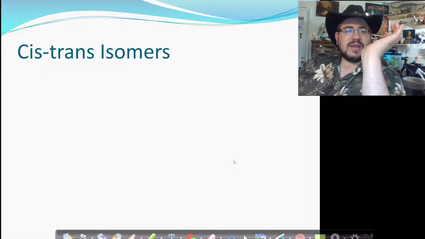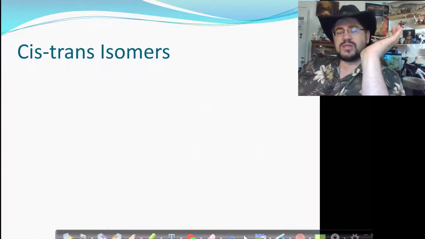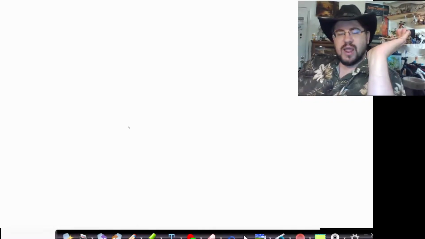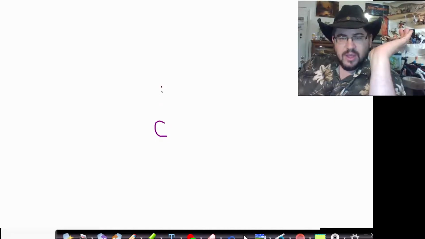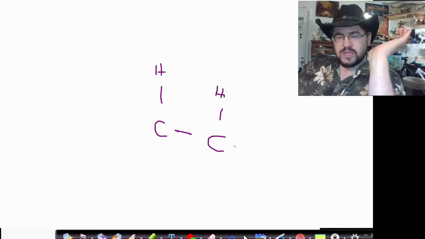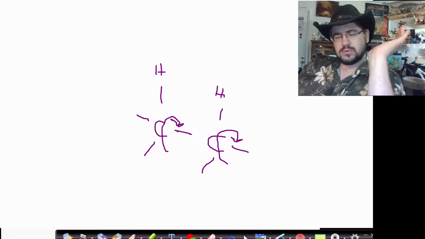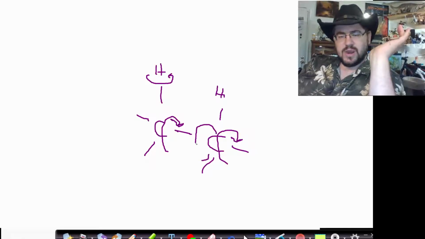Cis-trans isomers are a fascinating sort of isomer, and these have to do with double bonds in a chain. So, double bonds in a chain. See, single bonds will rotate around, kind of like, let's see, so if we have our carbon, and we have our hydrogens, right, and we have another carbon, we have some hydrogens, we'll just make C2H6, right? These carbons can rotate like this, and then each of these hydrogens can sort of rotate,